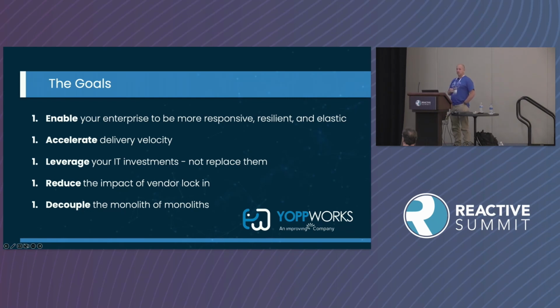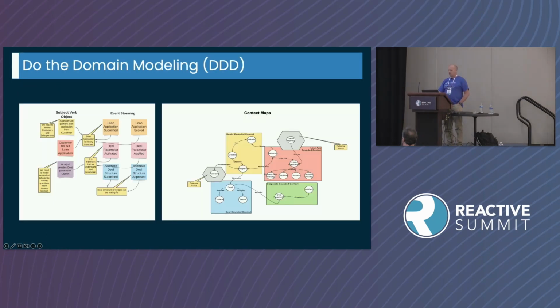rather than leveraging the investments that the company has already made. And that gets in our way. We want to reduce the impact of vendor lock-in. We want to decouple the monolith and monoliths. So how do we go about that? Few suggestions. Far from comprehensive. Would love to talk with all of you about your collective experience, but this is what I found to be